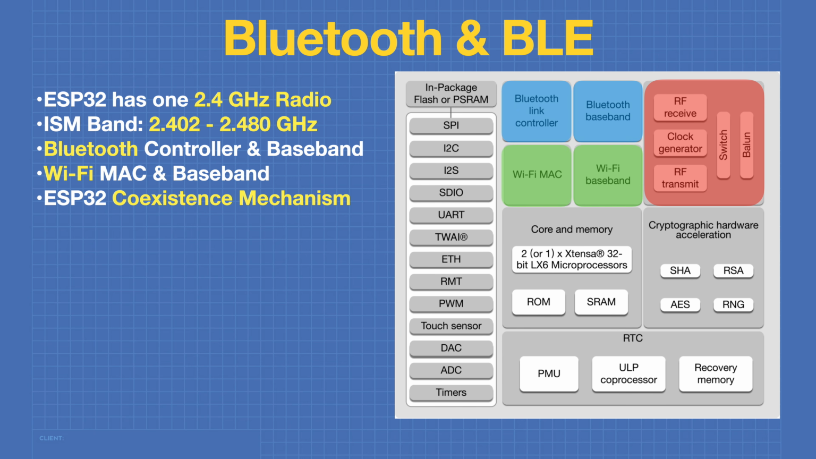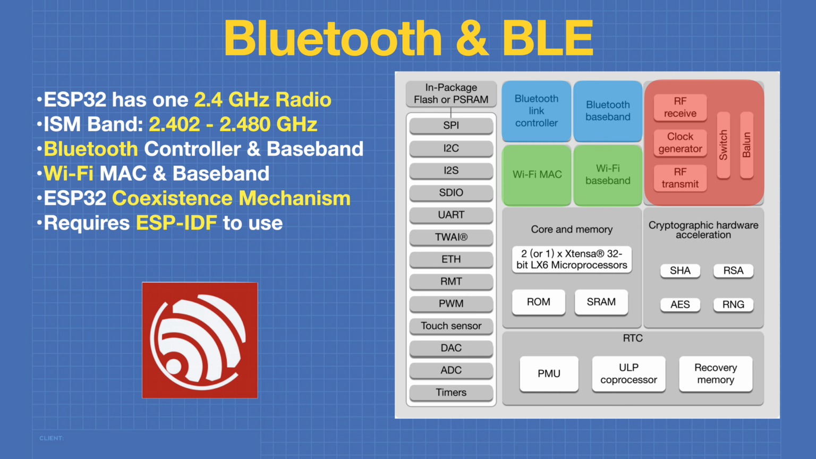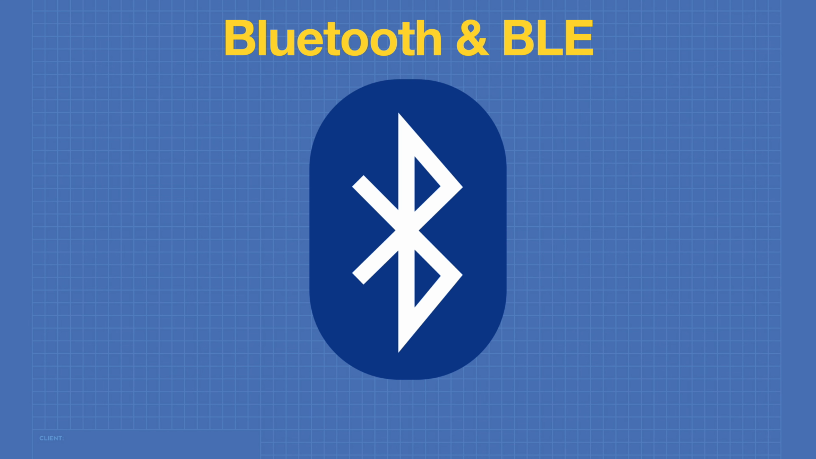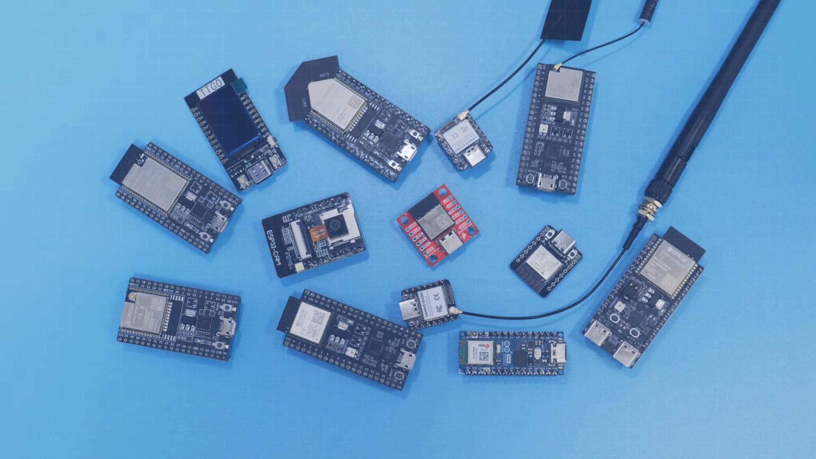The ESP32 has a coexistence mechanism that can allow you to build applications that use both Bluetooth and Wi-Fi. If you wish to make use of the coexistence mechanism, you'll require the ESP Integrated Development Framework to develop with it. Today we'll be using the Arduino IDE to work with Bluetooth and BLE on the ESP32. So let's get going. And here are a selection of ESP32 modules that you could use for some of your